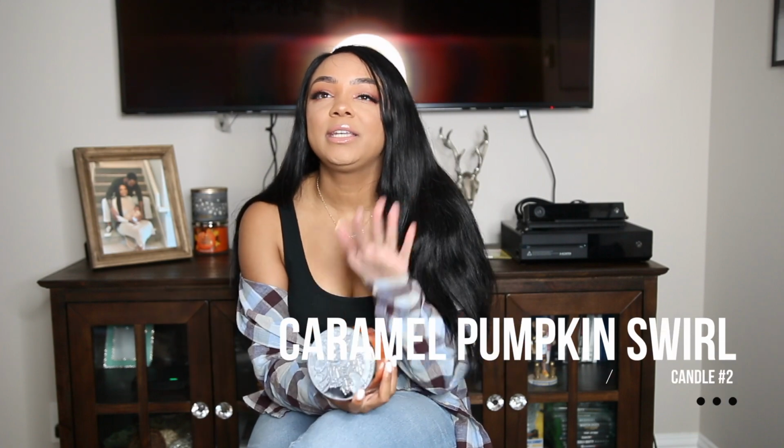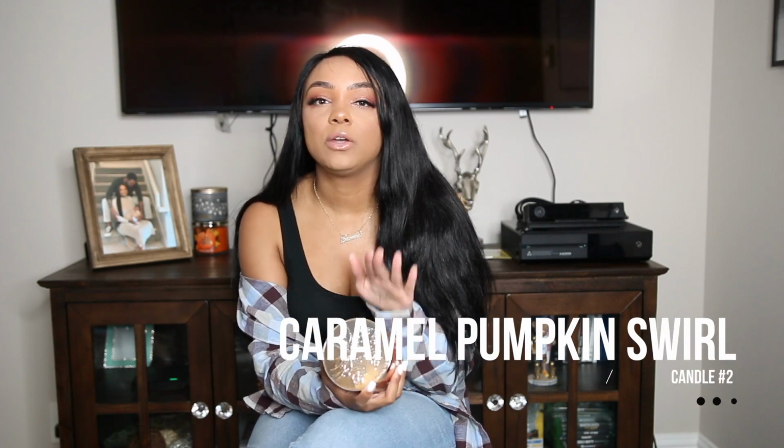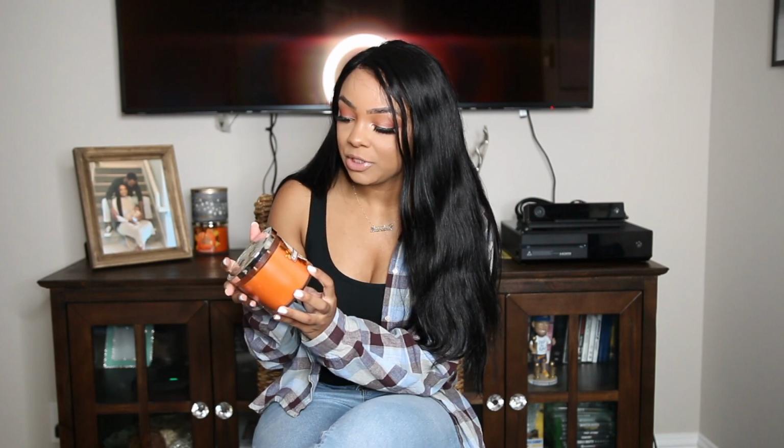Our next candle is going to be the caramel pumpkin swirl. And I like to get a lot of stuff with pumpkin in the word. I love the smell of pumpkin. I love fall. I think that fall would probably be my favorite candle time of the year if Twisted Peppermint didn't fall into Christmas. That right there, Twisted Peppermint is literally my whole jam. I've literally been using Twisted Peppermint for years now. Once I got that one, I was like, the game was over. So caramel pumpkin swirl